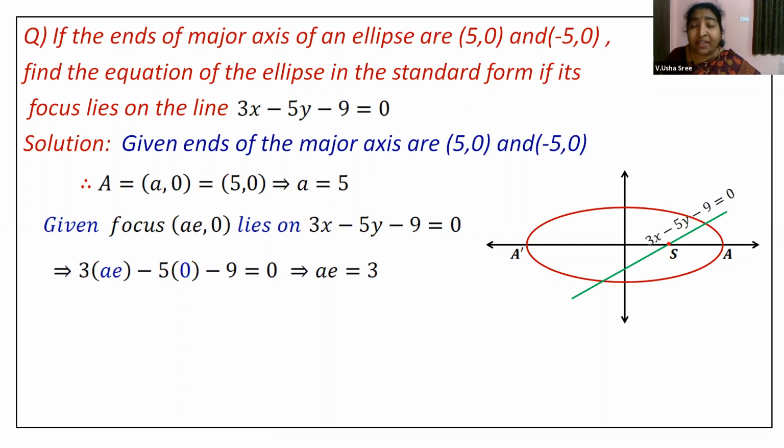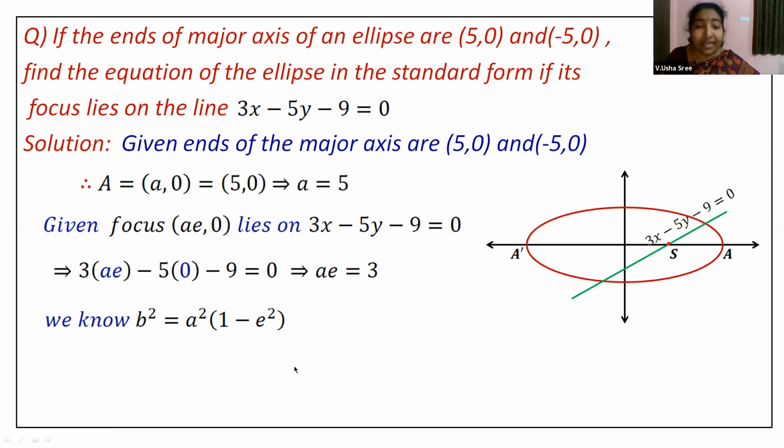Now, what else we have seen in the previous session? We have already had a mention in the previous problem. b square is equal to a square into 1 minus e square. We'll make use of that formula, children. Now, what is the target of this problem? We need to find the equation of the ellipse in the standard form. Now, by some means, if I can get the value of b square, that's enough. Did he ask you to calculate what is the value of e? No. So then why do you need to calculate e from this? You can very well go with it. It's not wrong, but that is not required in this problem, right?